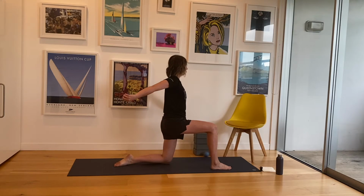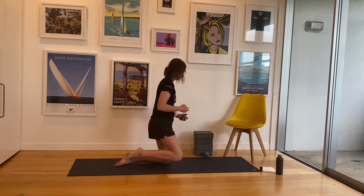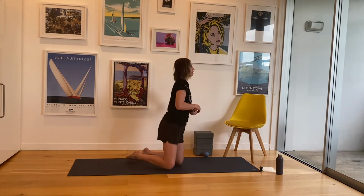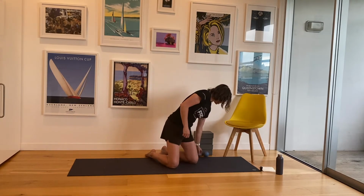And then gently coming up, around, and down. Nice. So from here we're also going to do some scapular casts, and then we're going to get into our drills. So you can think of this as like, again, warm up on crack. From here, bring both hands